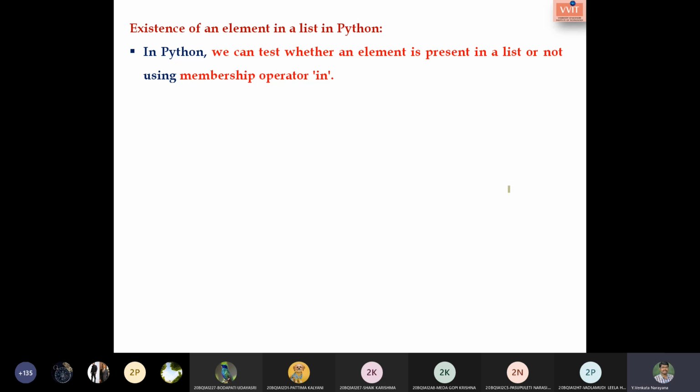In order to search whether the particular element exists in that list, that is also available in list. For that we use again the membership operator in. The in is a membership operator which is used to check for the existence of the element. Okay, so let us go with some example.